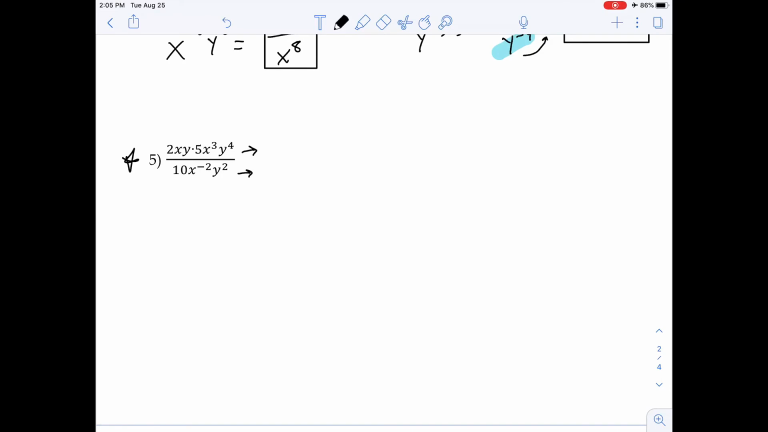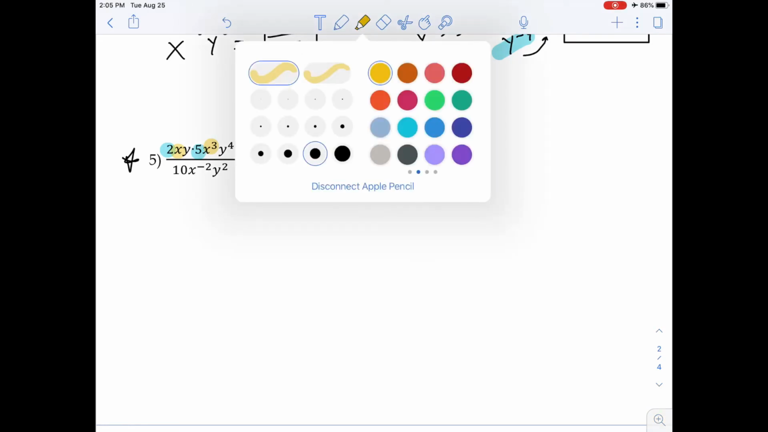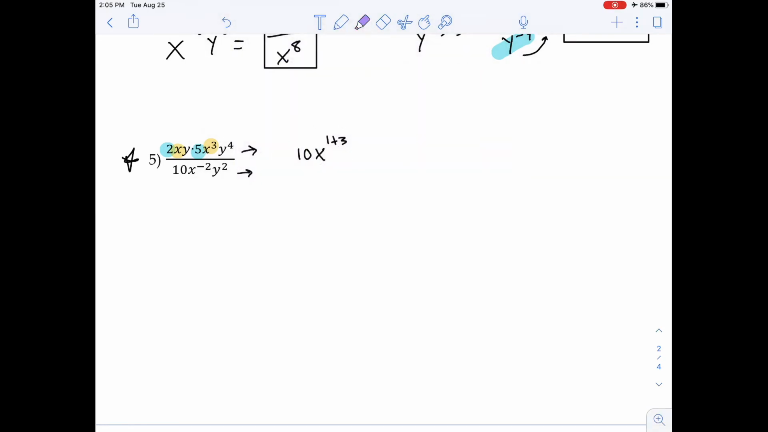So up top here, what can I multiply? Well, I've got a 2 and a 5, so that's going to give me 10. And then I have the x, and then x to the 3rd. So with the product rule, that's going to be x to the 1 plus 3. And then, of course, I have the y. So I've got y, and then y to the 4th. So that's going to be y to the 1 plus 4. And then the whole thing is over